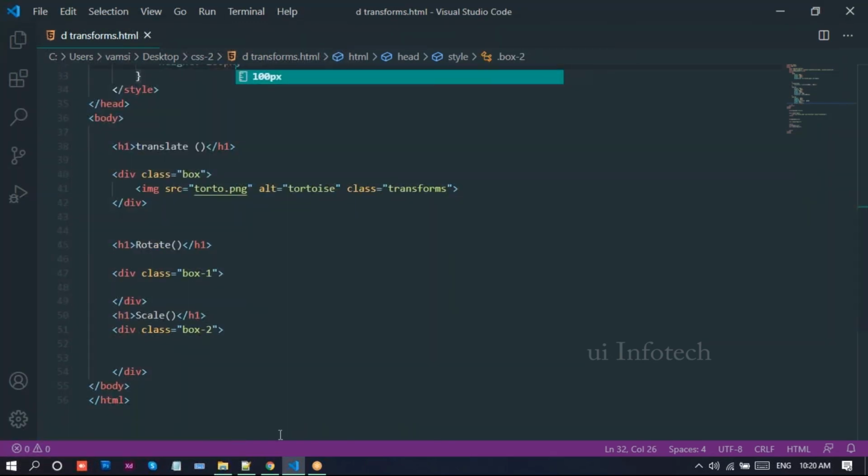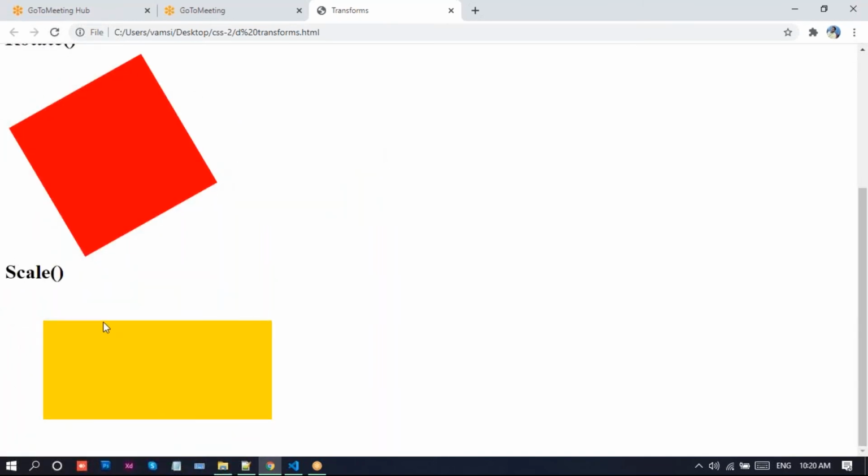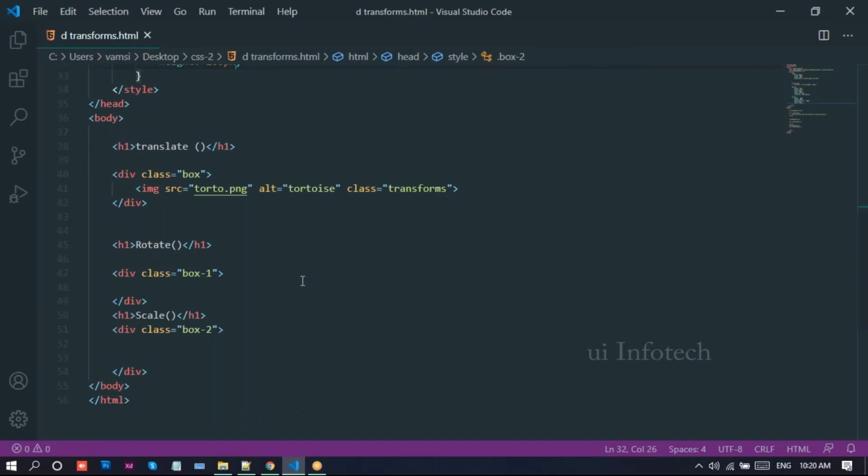Go to this browser, just reload this page. Now coming to here, we place the scale there, and we place the div, and we apply the background color, and we provide height and width for this div. See here, I'll provide text inside of this box too.